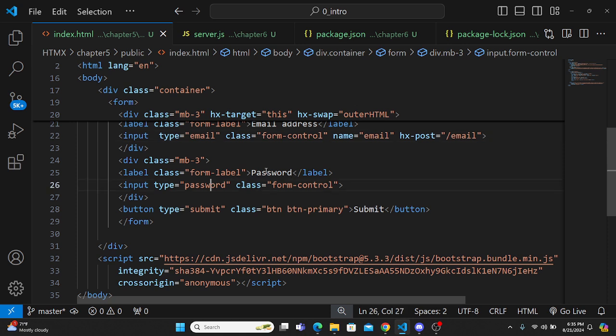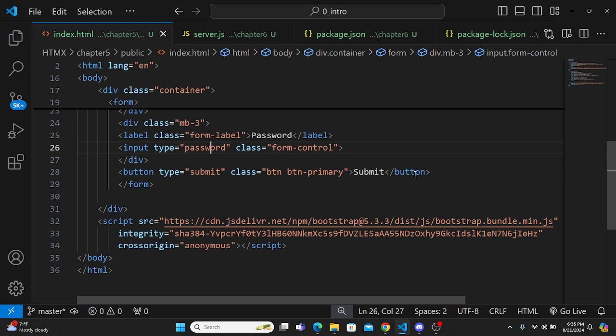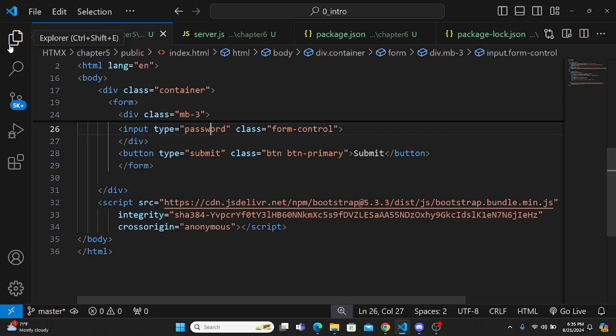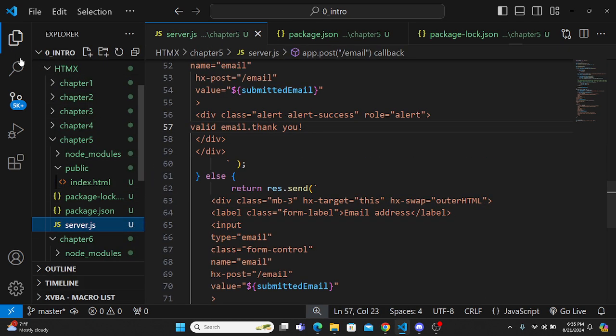I believe this is where we're gonna put password. It's gonna trigger our password, and we have the submit button. There it is. And if we can check our script tag or JS,